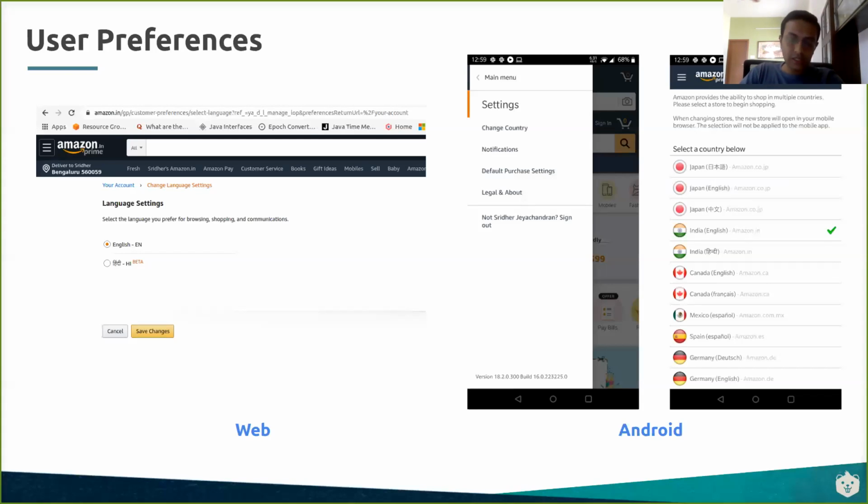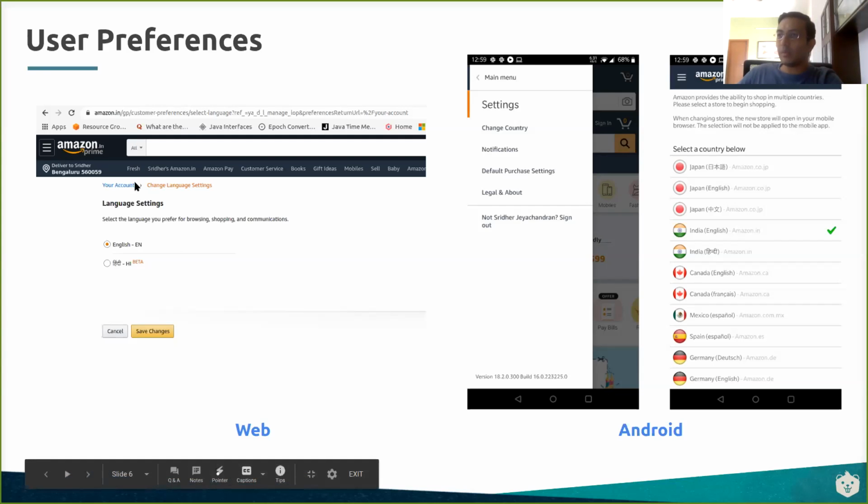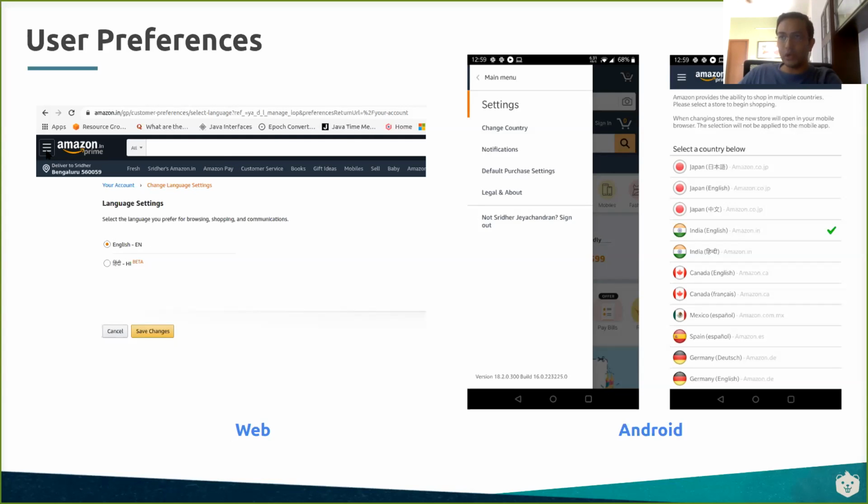Now let's try to understand what we are doing in that encapsulation byte in terms of the larger picture, and why this is a real software scenario. Picture this: you have an Amazon account, you are a user, you've logged in, and you have some user preferences. In this case, we are picking up two user preferences: your country of choice and your preferred language. That can be done through a web browser. You open up your laptop, launch the browser, open Amazon.in, go to your account, user preferences, and change your language or country.